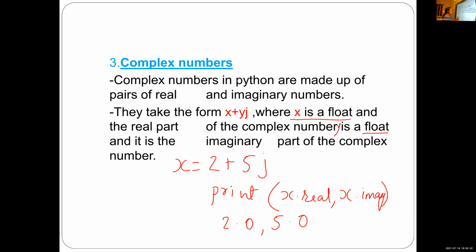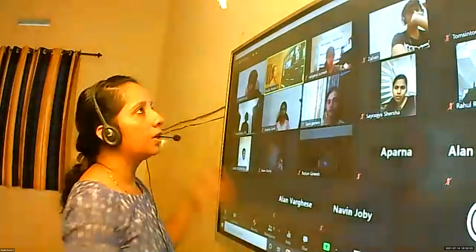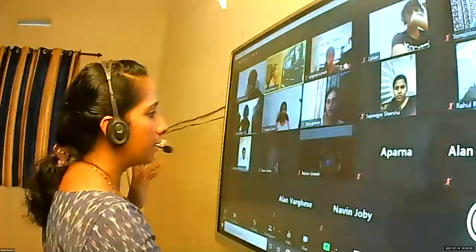Because this real part, by default we are giving 2 plus 5, but the system converts that 2 into its corresponding floating point value. So the floating point representation for 2 is 2.0, and 5 is 5.0. Okay, we'll continue the same topic next.